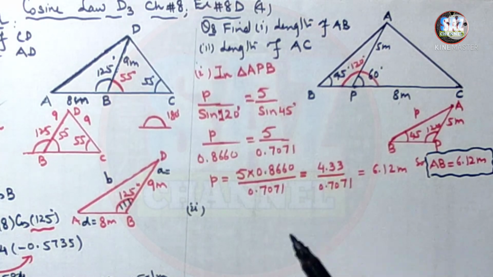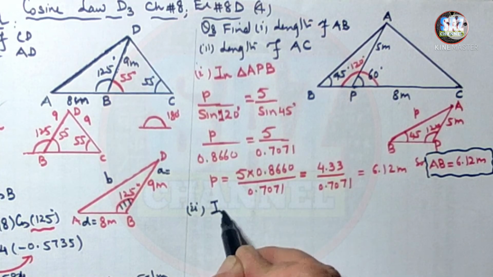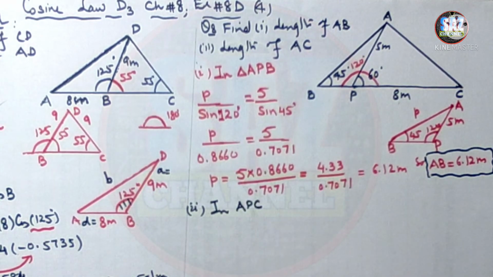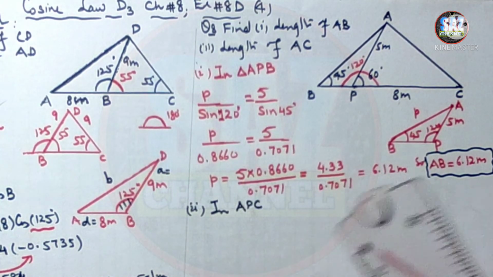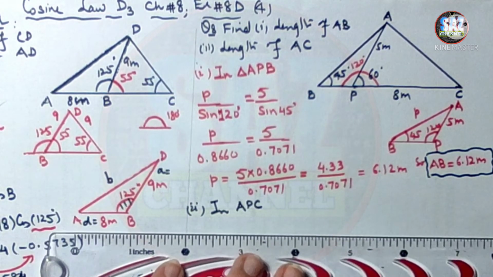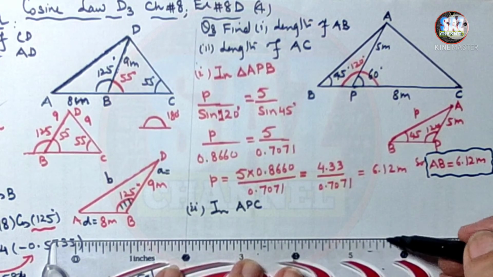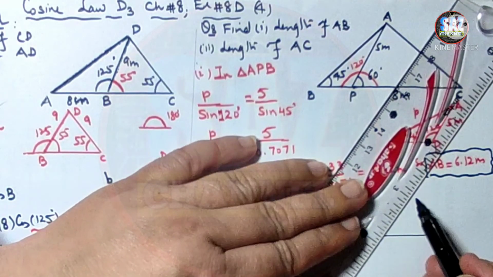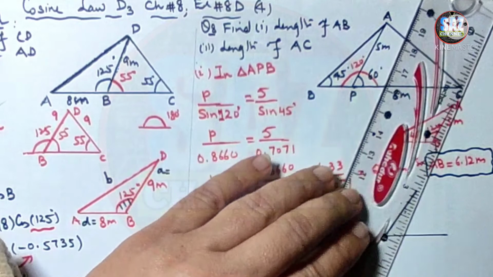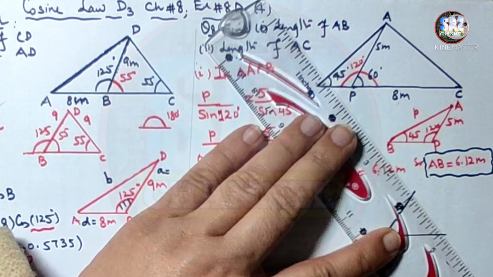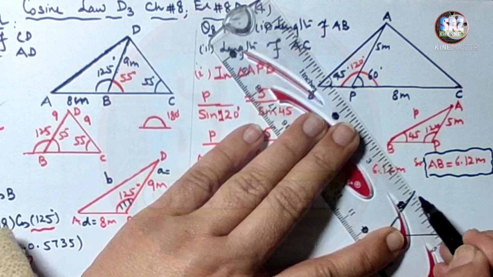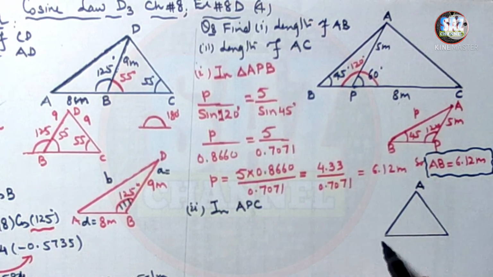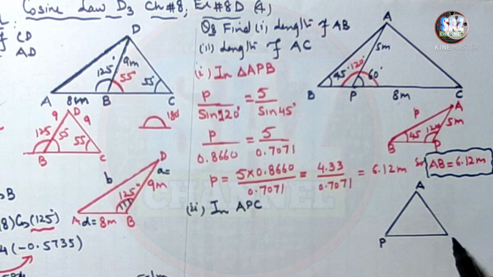So we use cosine law. Okay, in triangle APC, let me make the diagram over here so that my students can understand my working easily. All efforts are to facilitate my students, to bridge the gap due to COVID-19, and to give the idea that nobody can stop the learning process and there can be no barrier between teacher, student and learning.